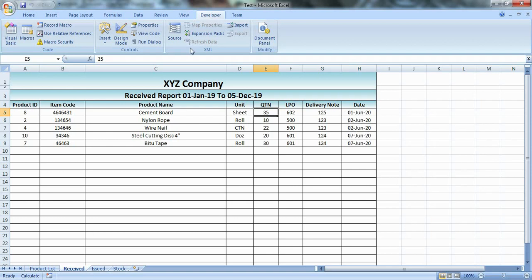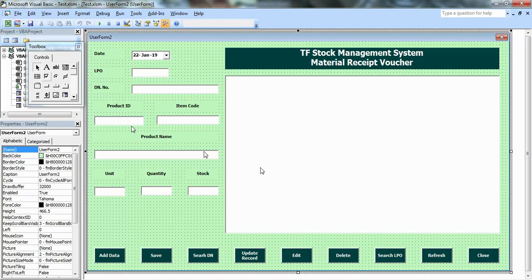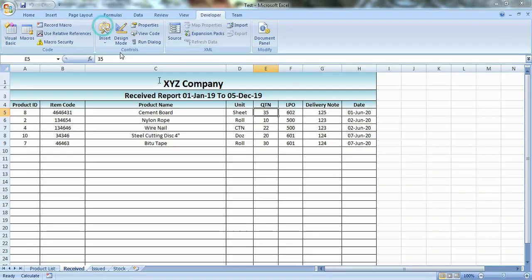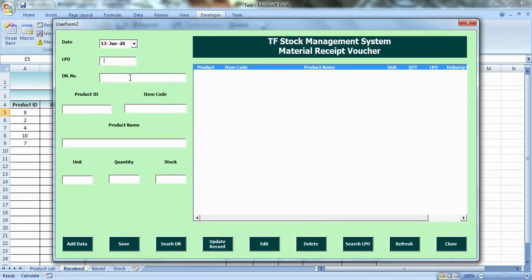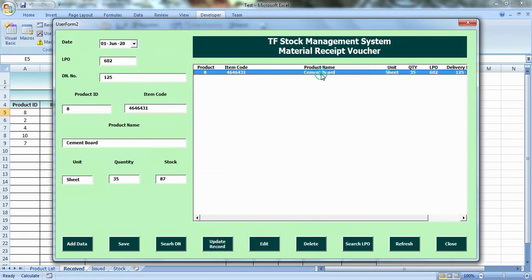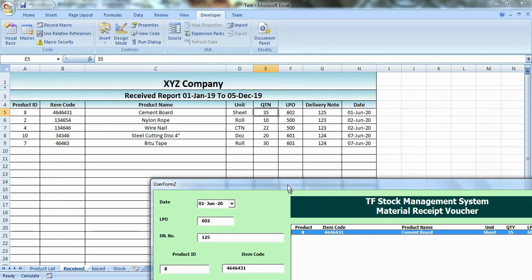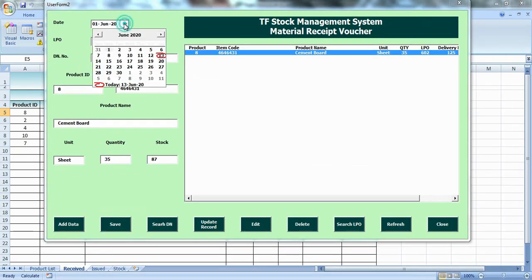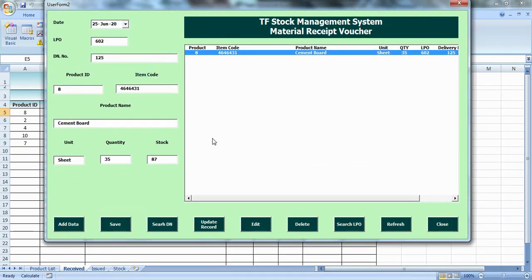Okay, now if I change this again, if I search this LPO, you can see the last date is 7 June, so instead of 7 June I select 25 June, so you will see that this record will go to the end, and I will change the quantity again.